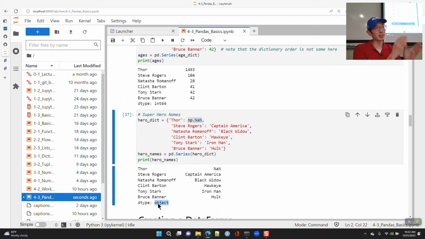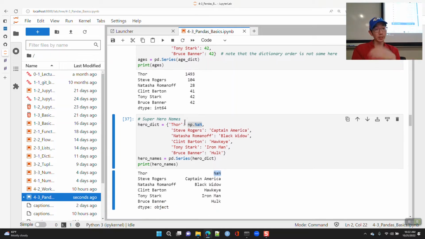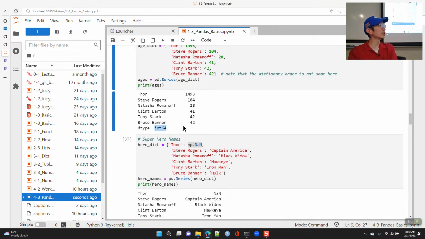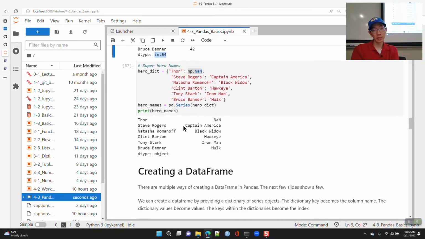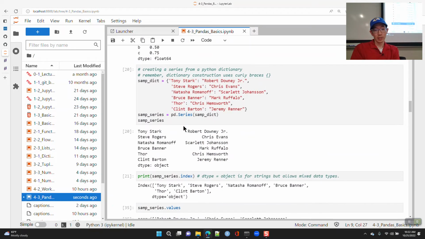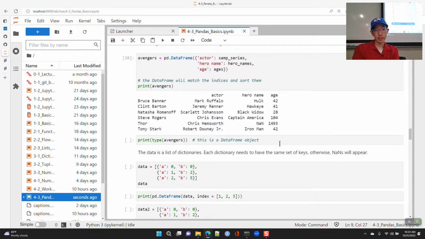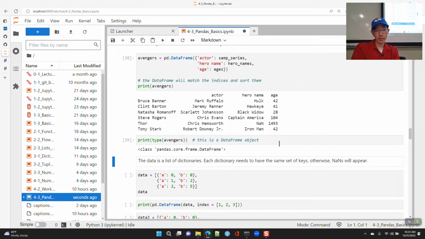Object is basically what we use for strings, and it allows for missing values, which are represented with nan. Versus over here I have integers for the age, and here it says the data type is integer. Okay, so we have that. And this is the data frame object. If you ask for the type, it's a data frame.